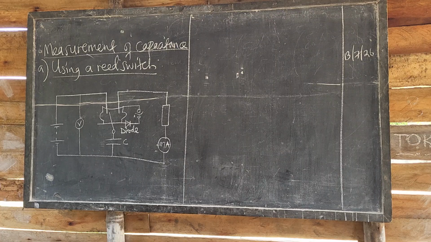So how can we determine the capacitance of a capacitor using approach number one, a reed switch? It's called actually a vibrating reed switch, because at a certain point it will be vibrating depending on what we want. If we want to be charged, the vibrations will be completing the circuit with respect to charging the capacitor. Then if we want to discharge it, definitely the vibrations will be completing the circuit with respect to discharging the capacitor. So you can write and say,